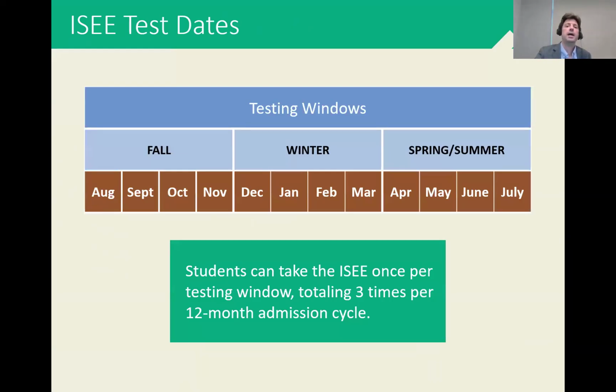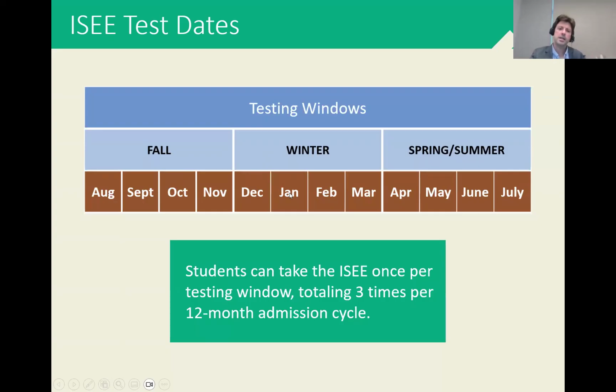If you end up taking the ISEE, this is true for the lower level, middle level, or upper level. You're limited. You need to take the test in what they call testing windows. You can take the test once in the fall window and then essentially once in the winter window. So if you go down the ISEE path, we generally recommend take it in November or end of November, just to give students a little bit more time in school. And then you're going to be targeting December or early January for that second attempt.